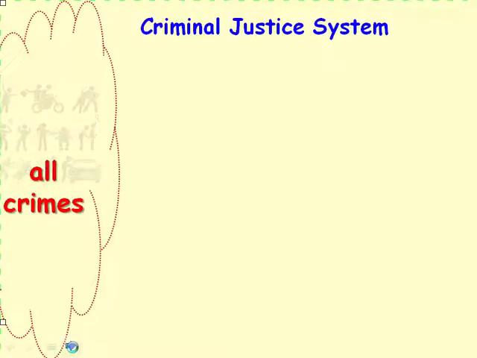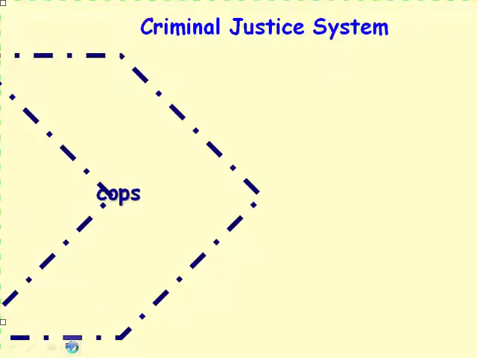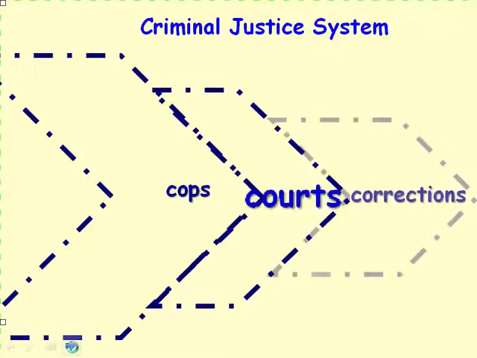First, the red cloud indicates all crimes committed in a particular community. Next, cops indicates that police respond to and report criminal activity and refer cases to the courts. Then the courts determine the guilt or innocence of the alleged offenders, and finally the Corrections Division treats and/or punishes